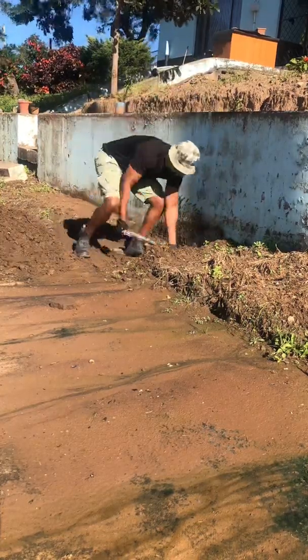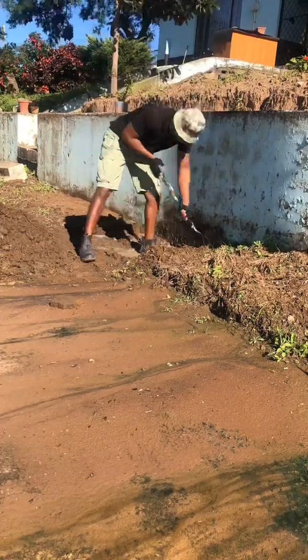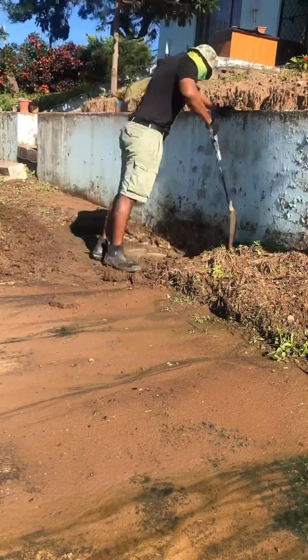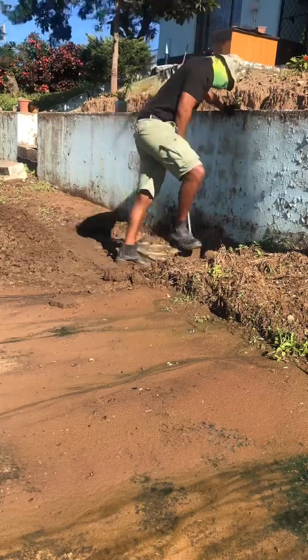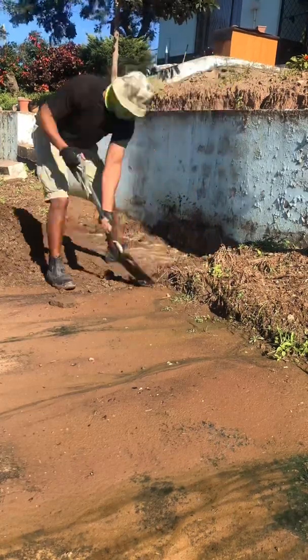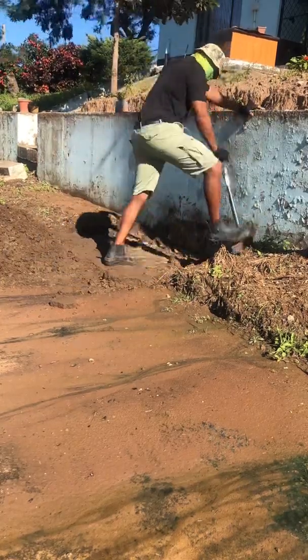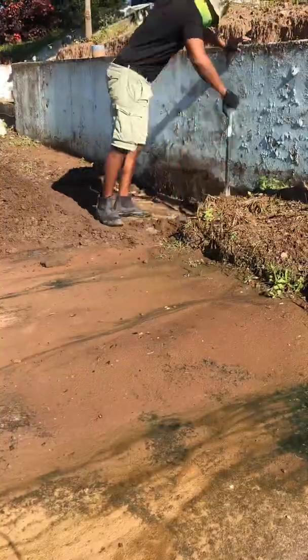I'm left with the manual labor that doesn't need any kind of skill other than just being strong and trying to dig out this sand that is turned into clay or muddy. It's quite heavy. I do have a serious lower back issue, so I have a back brace and I'm careful